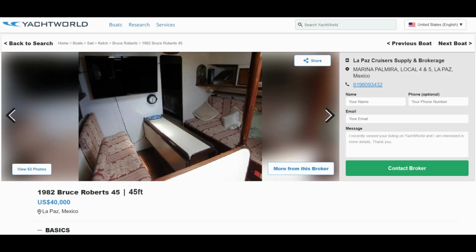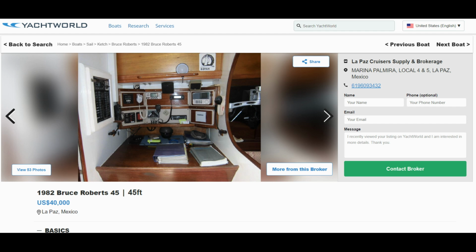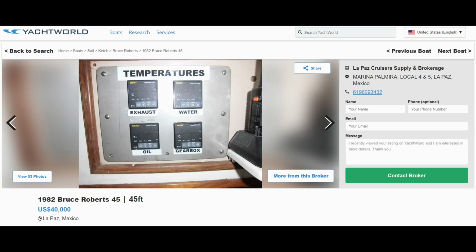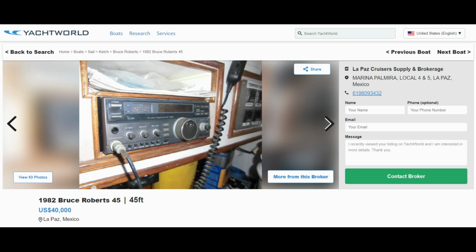This catch happens to be in Mexico, but for a boat like this, it is aging, but the owner says it needs very little TLC, and the engine was just rebuilt 100 hours ago. Interior space is colossal, and the electronics seem to be well appointed. For 40 grand, if world cruising is your plan, I would dare you to find something more appropriate and more